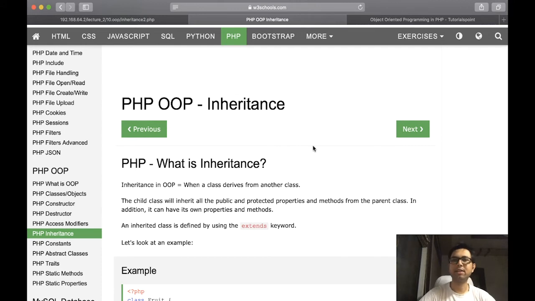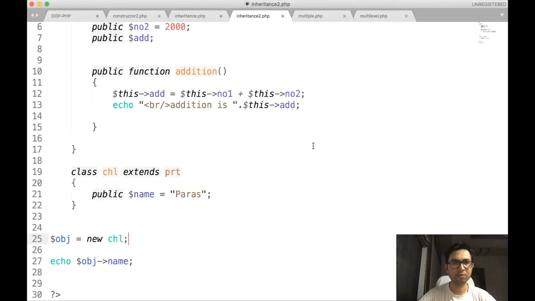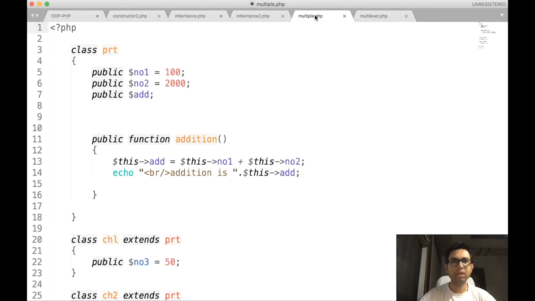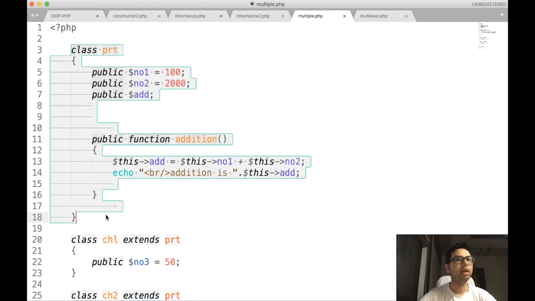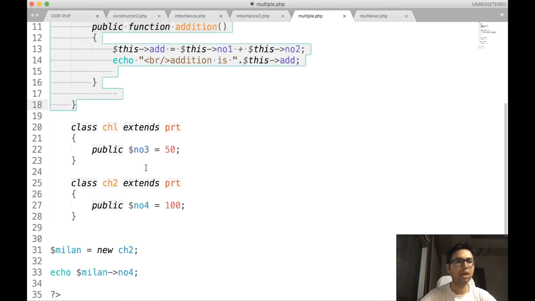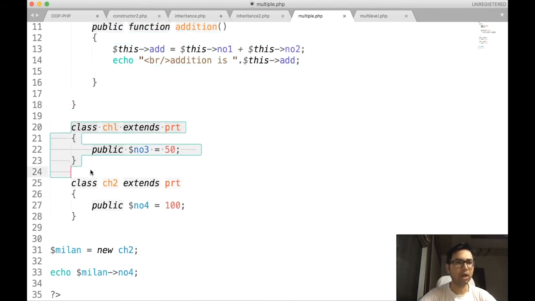So that's it about the theory. Let us see the practical now. In the multiple inheritance example, I first created a base class PRT having the same declaration as in the previous example. Now I created two classes: first CHL, which extends PRT, then CHL2, which extends PRT again.